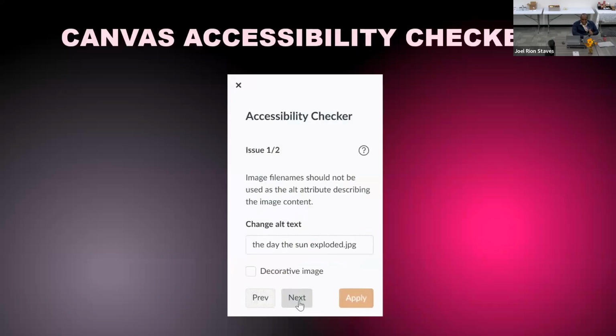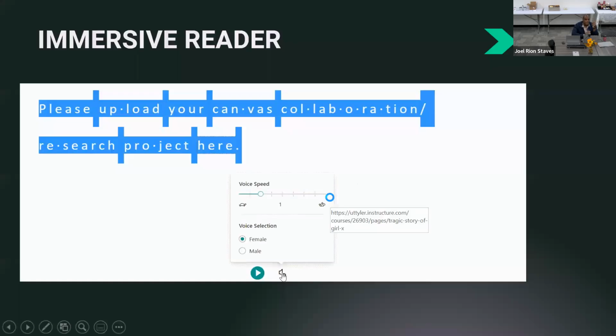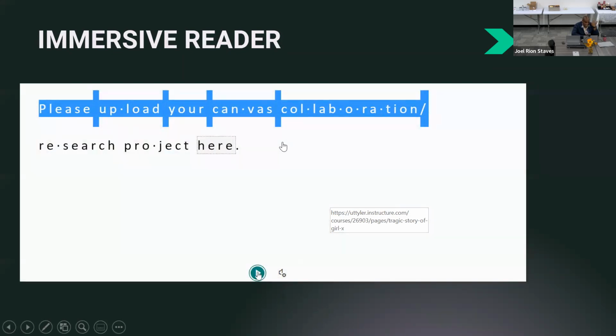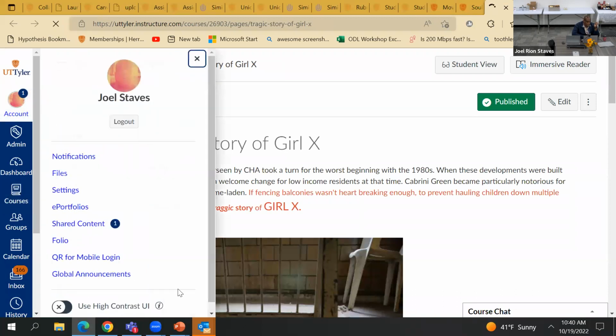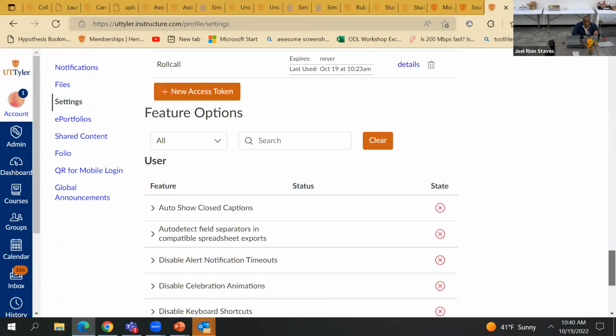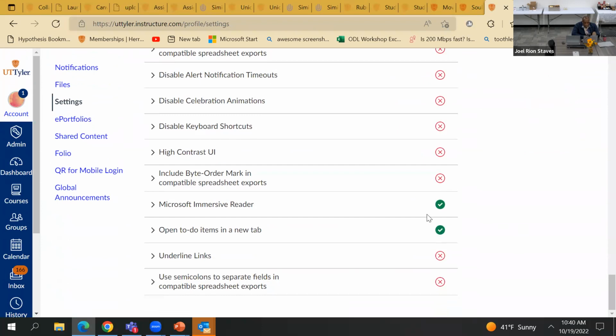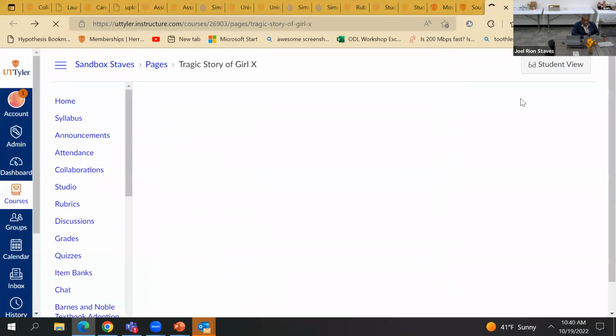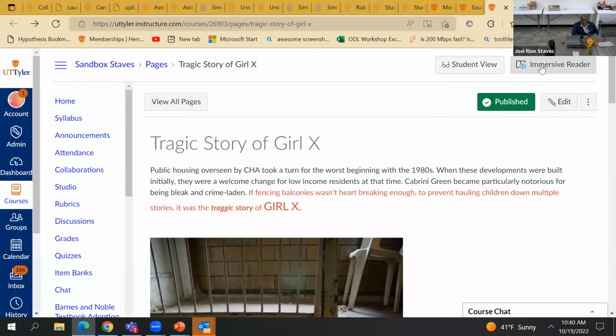And now another accessibility tool is the Immersive Reader. Now the Immersive Reader is actually a Microsoft tool, but there is a plugin here in Canvas. So if I go to my account and I go to my settings, I'll scroll down and I will enable this. And you see I've got it enabled already. So if I go back one and I turn this on,